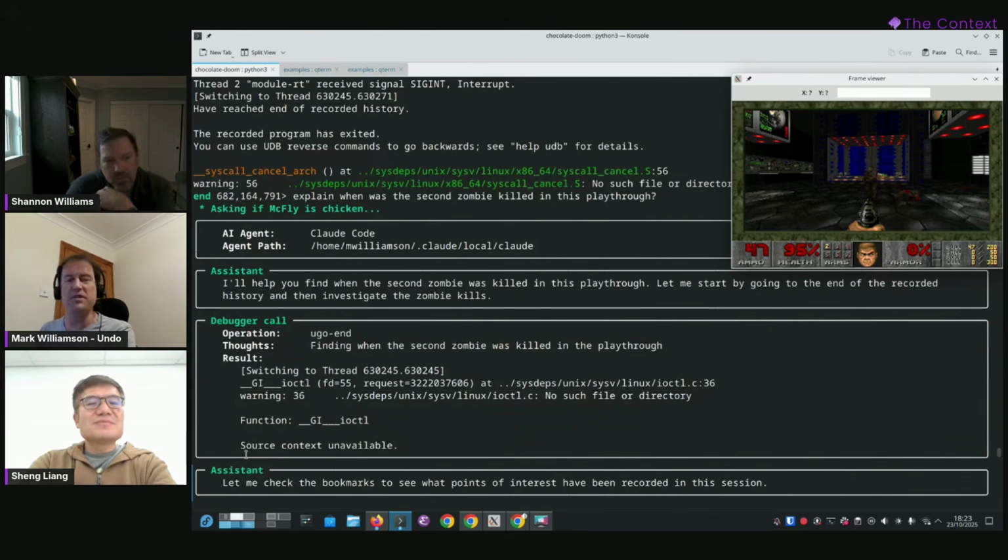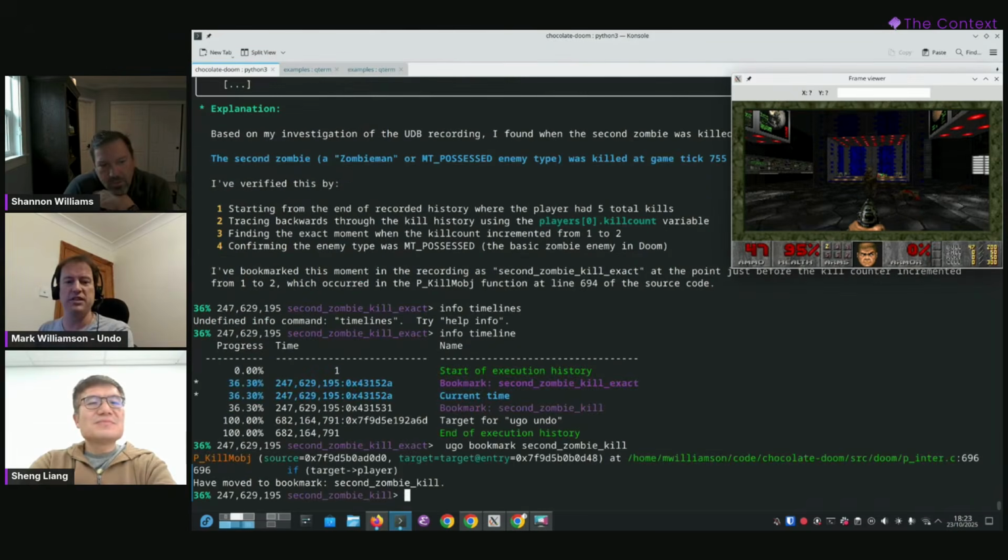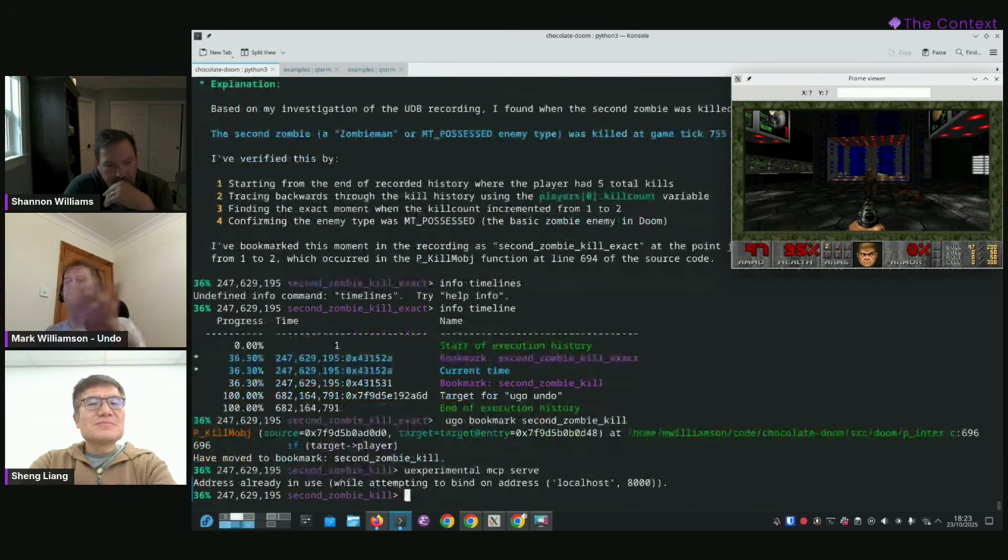I've simplified it a bit because we're short on time, but the explain command is a way of invoking a captive CLI coding agent and exporting the session to it and getting it to kind of drive. The other thing you can do is you can run our MCP serve command, and that simply serves up the same functionality for an external agent to connect to.